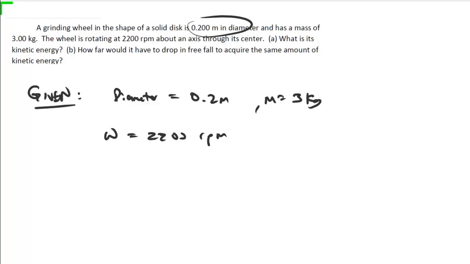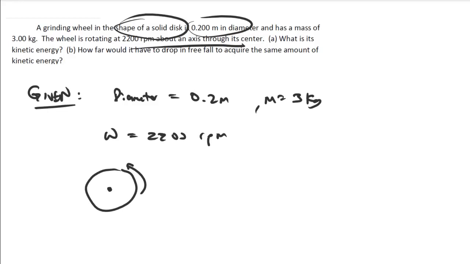One, when we're looking at rotational kinetic energy, we don't need just the mass, but we also need to know the shape of it, how that mass is distributed, and the axis that it's rotating around. So we need to know that it's the shape of a solid disk and it's rotating about an axis through its center. So here's the disk, here's the axis it rotates around, and it's rotating like this